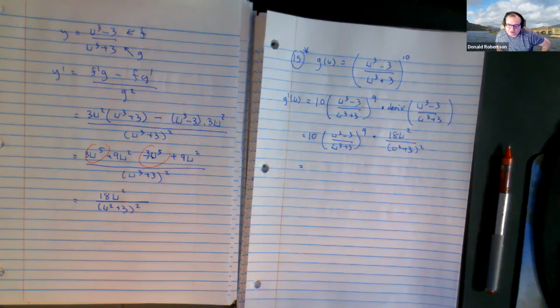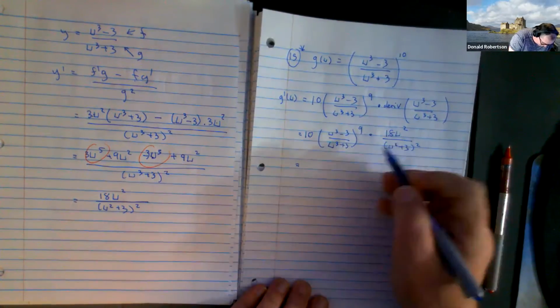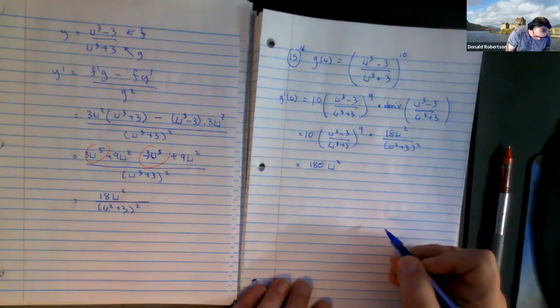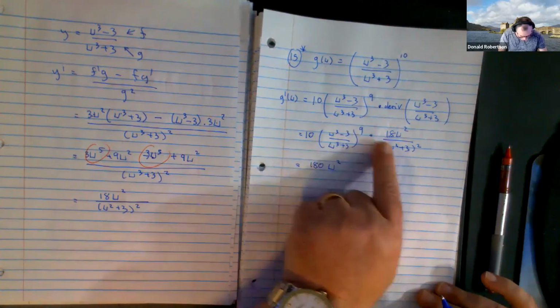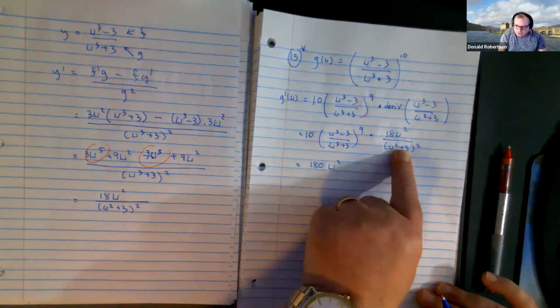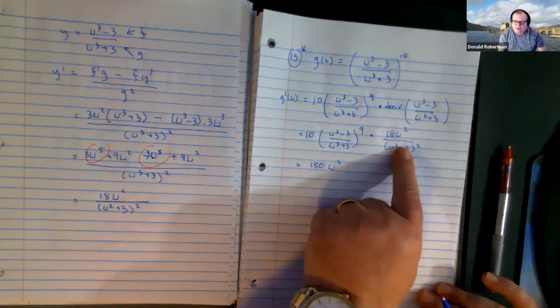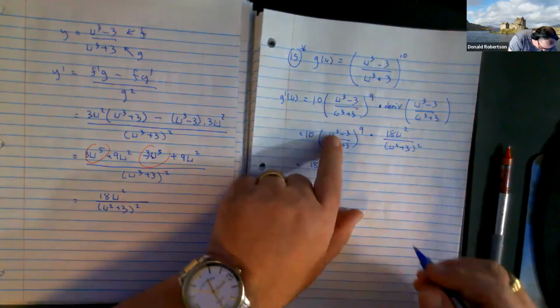I want to make this as pretty as possible. So I'm going to go 10 times 18 times u, and I'm going to get 180 u squareds. I have got this ugly fraction to the power of 9, but I also have a couple of squares here. And I would like to take this and somehow make them combine. So I'm going to take this